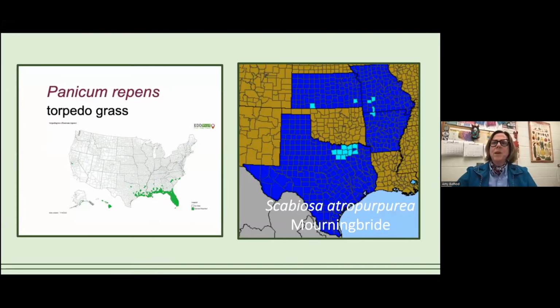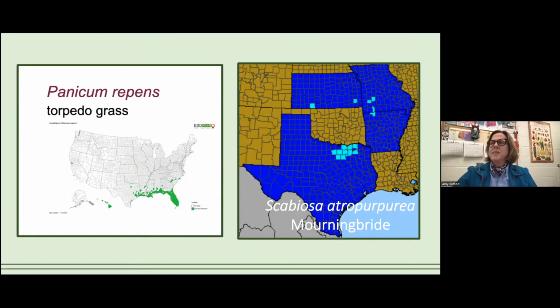Here's an example of what I mean by that. On the left, you see a distribution map for something called torpedo grass. Torpedo grass appeared in both Texas and Louisiana lists of problematic species. But when you examine the actual range map, the occurrences are far, far away from Oklahoma. Based on this distribution, we felt it wasn't an issue for our state at the time, so we eliminated torpedo